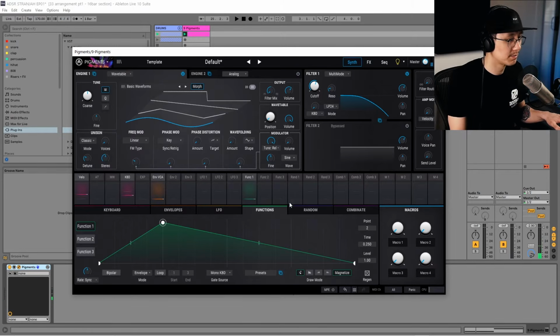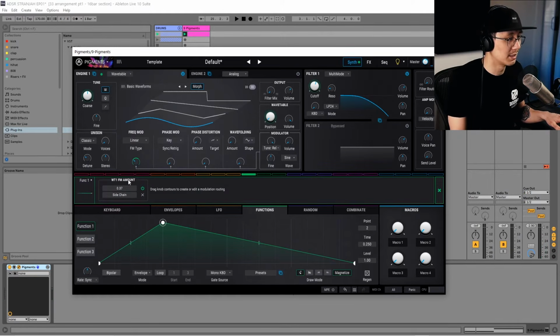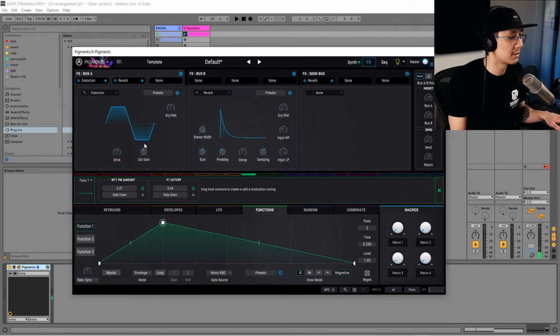Okay, so this function is now modulating FM amount. Now I'm going to also set it to the cutoff. That sounded much more like what I want to do. And then let's go into the distortion section and perhaps